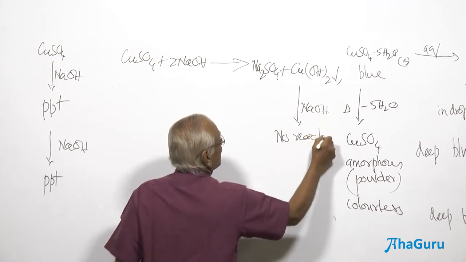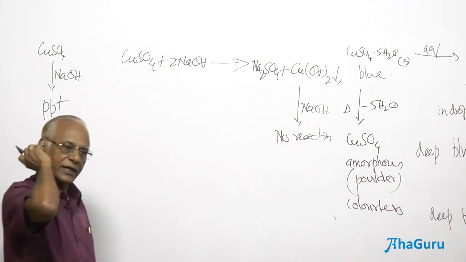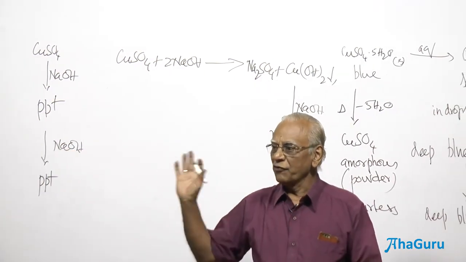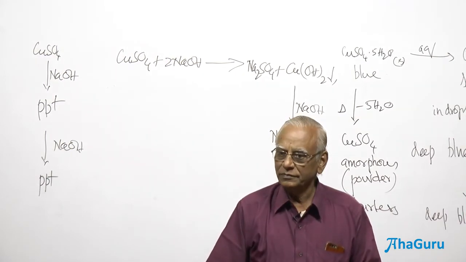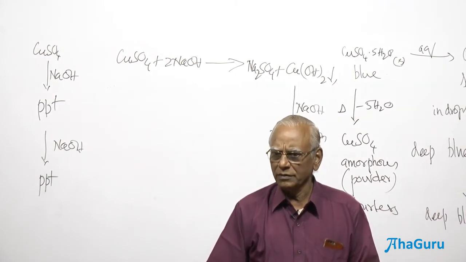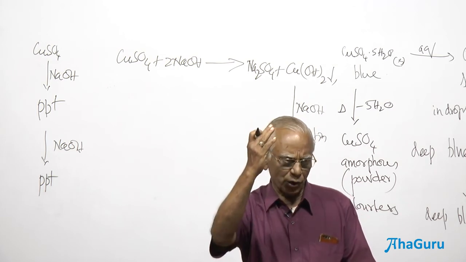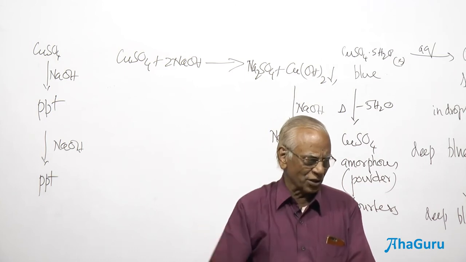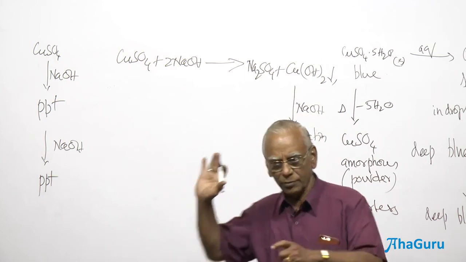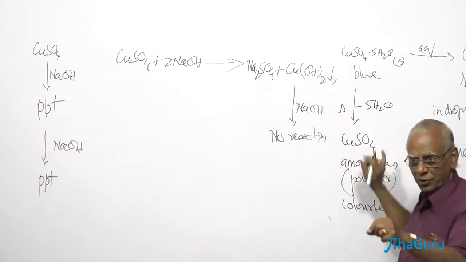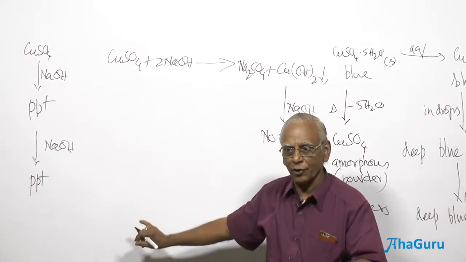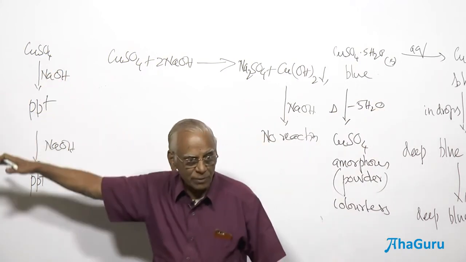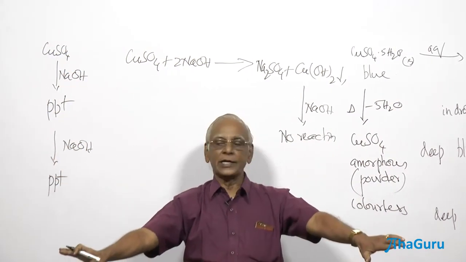That is why it remains as this. Why is it not behaving like that? Because it does not form a coordination compound. Ammonia is able to donate a pair of electrons more readily. The ammonia is going to behave as a Lewis base. Here, hydroxide ion is not. Now you are able to compare. Addition of ammonia dropwise: it forms a precipitate, and the precipitate dissolves. Addition of sodium hydroxide dropwise: it forms a precipitate, and the precipitate remains as a precipitate.